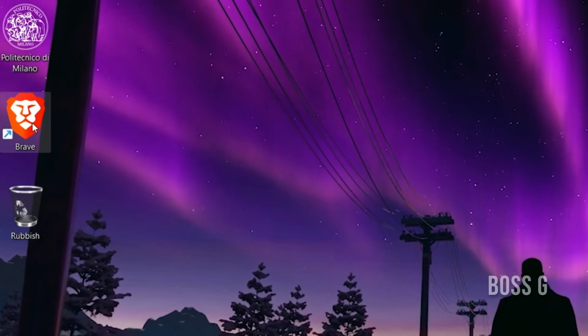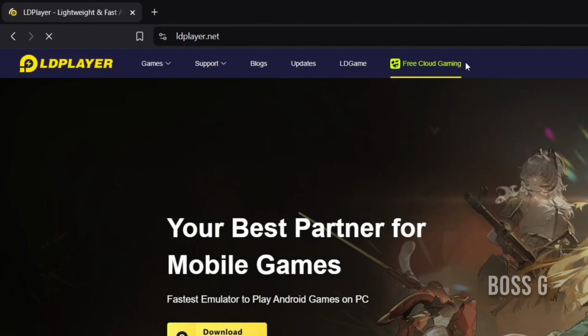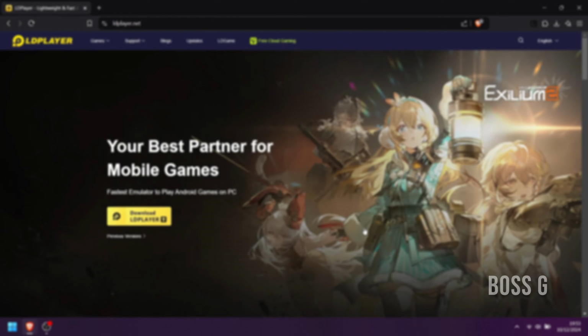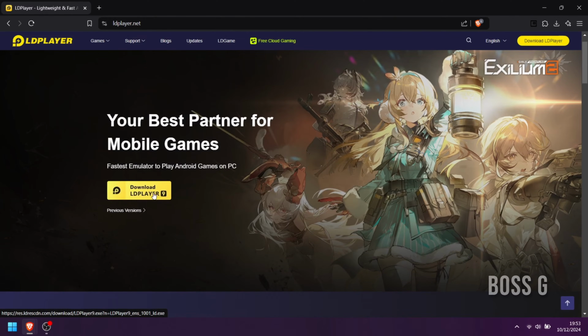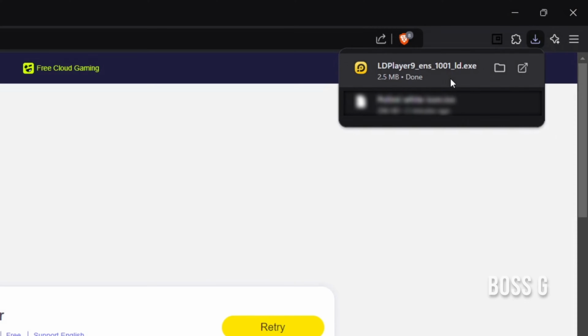Open your browser and type in LD Player. The most compatible version for Life After is LD Player 9. Take note that this tutorial is for Life After Europe mostly. In general, if you are from outside Europe, there would be an official PC program for Life After. Click on Download and install using the executable file.